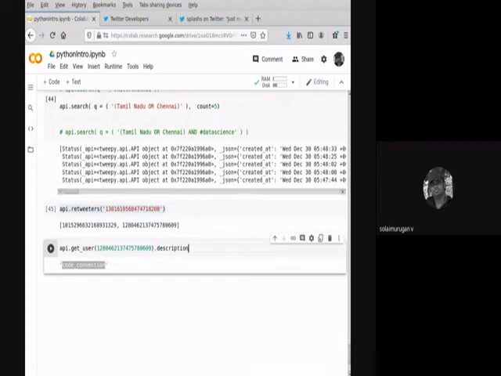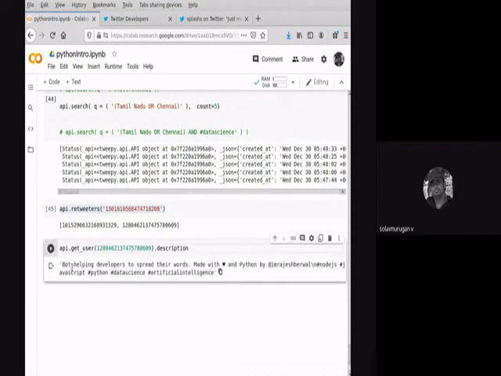So why did these guys retweet my tweets? We will see how their interest is similar to the post which I posted. He is a bot actually, not a human. He himself mentioned clearly it's a bot helping developers spread their words, made with love and Python and JavaScript. He retweets any post which has data science, Python or AI.